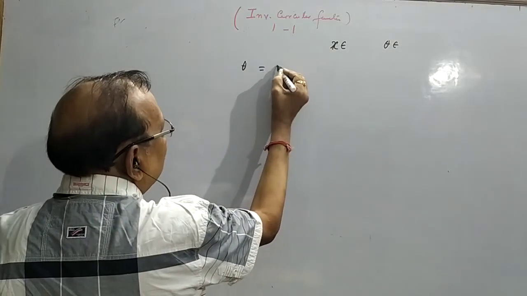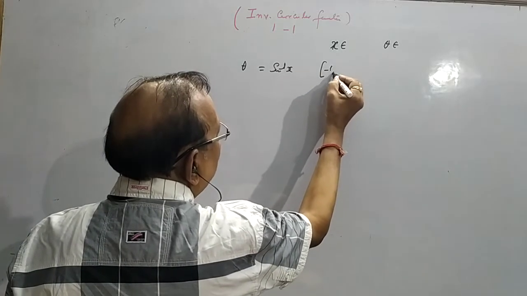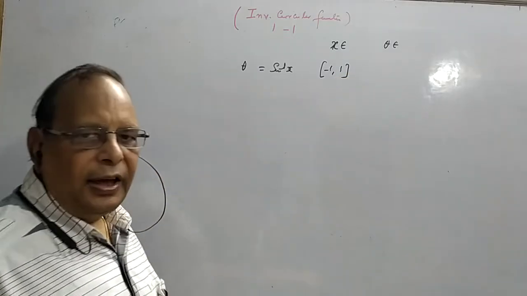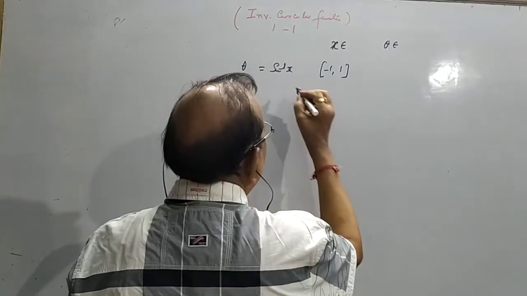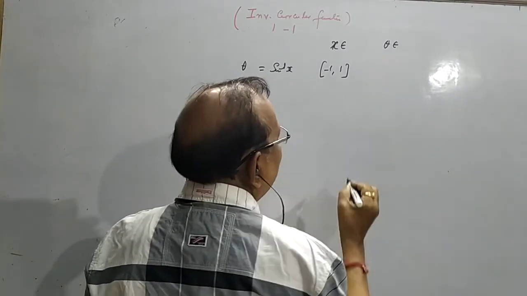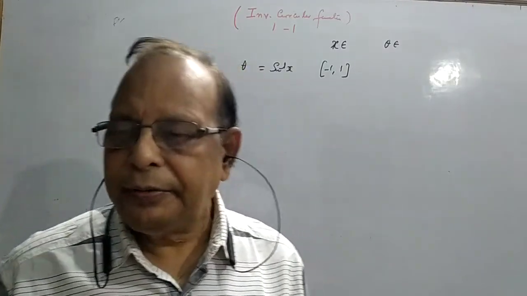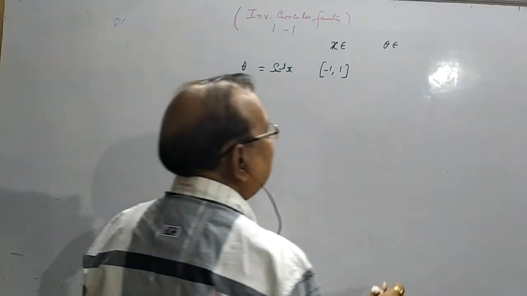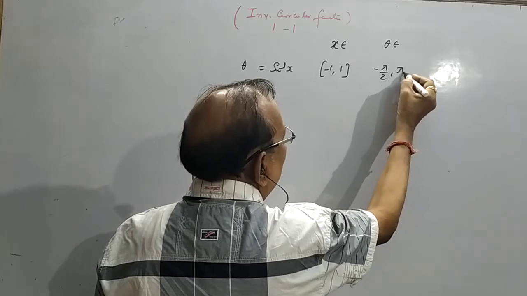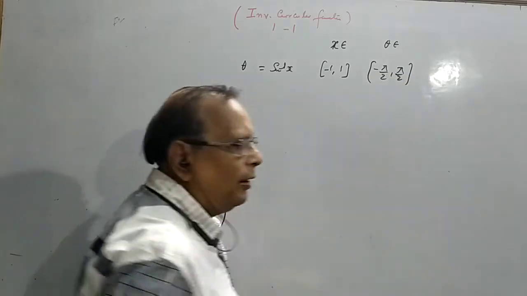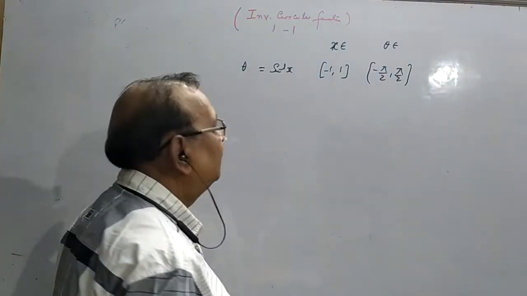Theta is equal to sin inverse x. So x belongs to minus 1 to 1. As sin theta takes only values from minus 1 to 1, therefore sin inverse x must lie between minus 1 and 1, and theta lies for positive values obviously in the first quadrant, but for negative values, that is in the fourth quadrant, that is minus pi by 2 to pi by 2. These are the principal values. I think you might have studied this in 11th class.